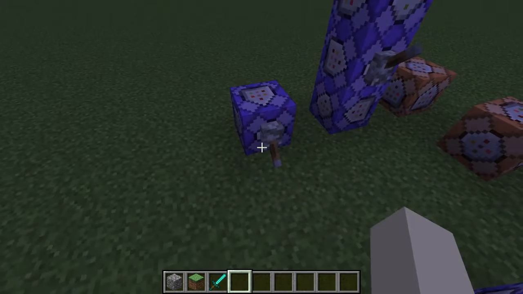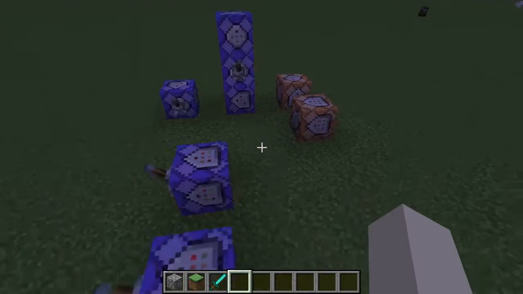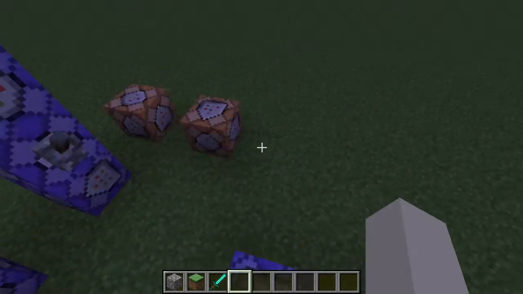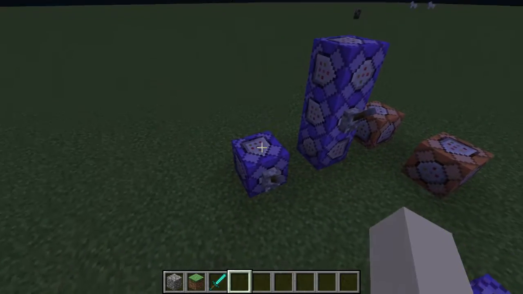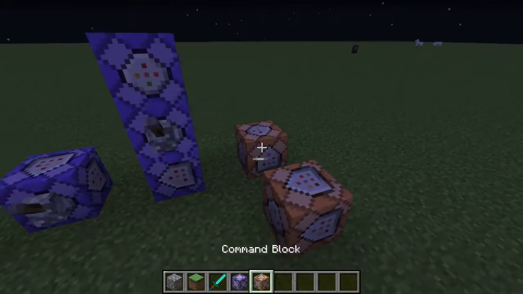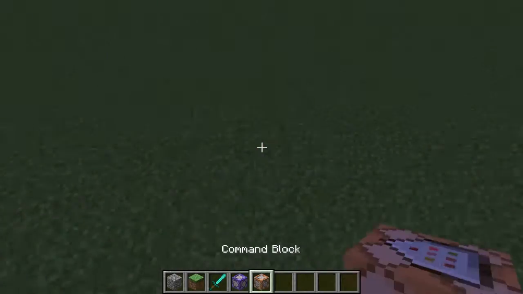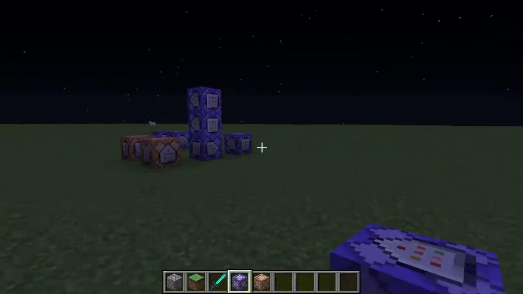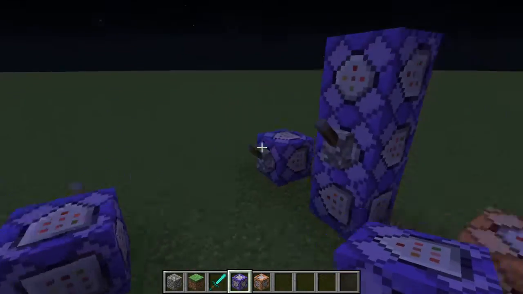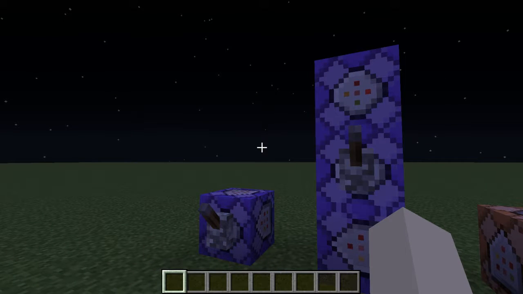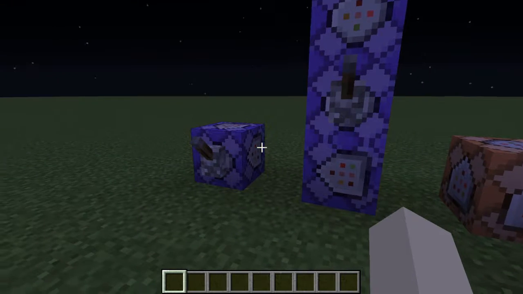So basically what you need to do is, well, pretty much make a setup that looks a little bit like this. So I guess you could, like, hold on, yeah, you can, so what you can do is you need to make this on your own in your worlds. I know I haven't even shown it off yet, but yeah, whatever. So if you want to make this in your own world, I'll show it eventually. What you need to do is,